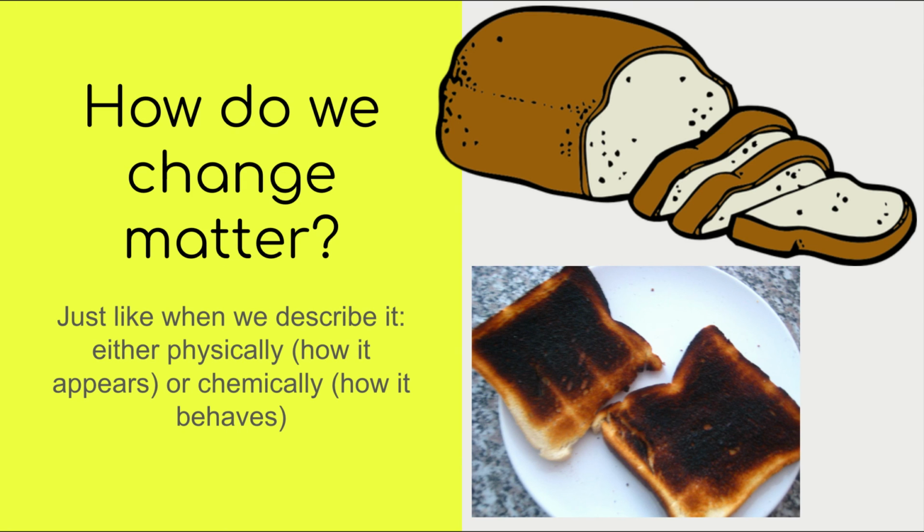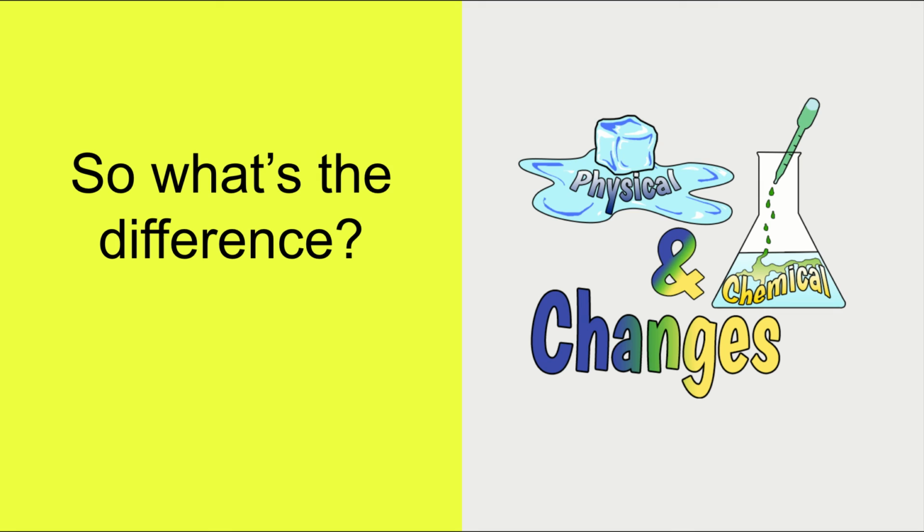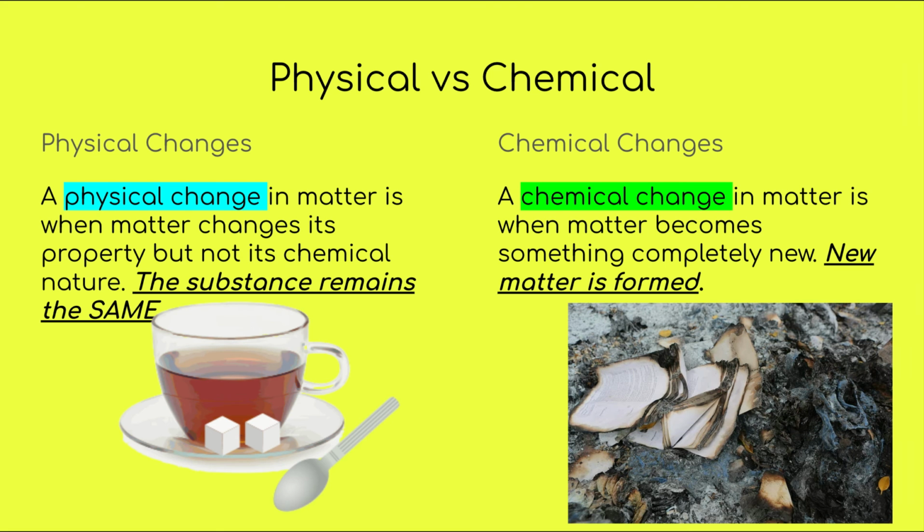Now, the next question is, how do we change matter? Well, we change it just like we describe it. It's either a physical change, like we change what it looks like or how it appears, or it's a chemical change. We change how it behaves or how it acts. We can change matter the same way we describe it. Well, what's the difference between physical and chemical changes, right? Well, there's two. Physical changes, we don't make something new, I'm sorry. Physical change